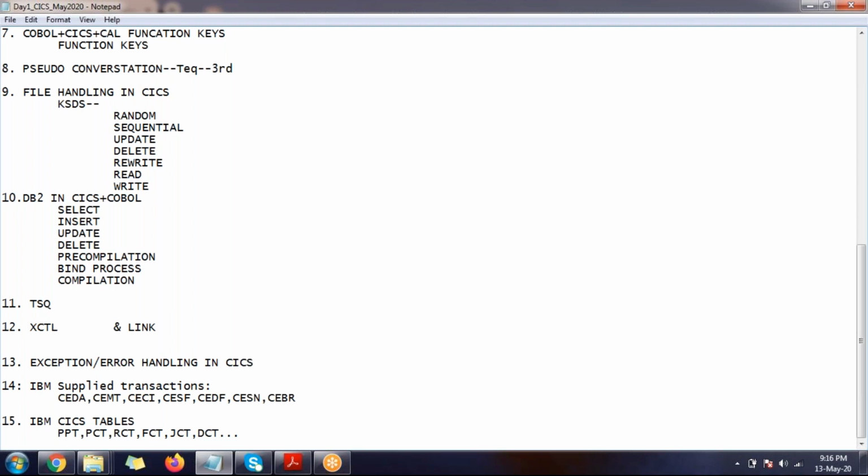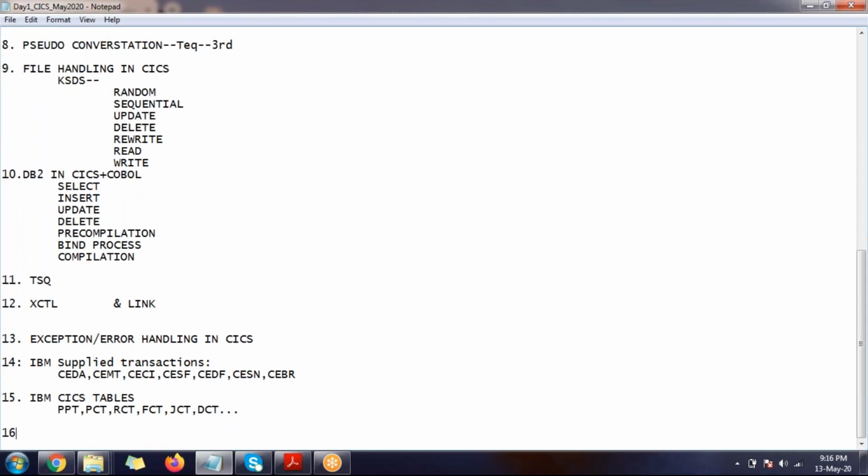Even from the maps onwards, I have to explain what PPT, PCT and all are. But we cannot discuss everything in a single day, because whenever DB2 comes, then I'll explain RCT. If I explain RCT without doing DB2, it might be difficult for you to understand. So we are going to discuss RCT as well as all of them, whatever I listed.